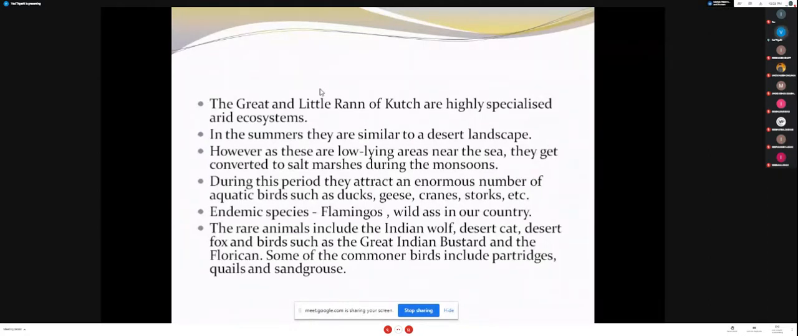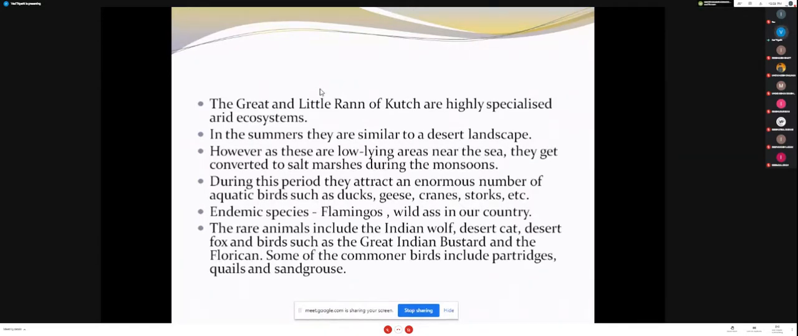Great and Little Rann of Kutch are also examples of these arid ecosystems. In the summer, they are similar to the desert landscapes. Many of you must be from there. You must have already seen. Okay, in summers, they are similar to a desert landscape. However, because they are low lying areas and they are near the sea, these areas get converted into salt marshes during monsoon. So as there is a high tide, the water comes into the land, okay, covers the land,